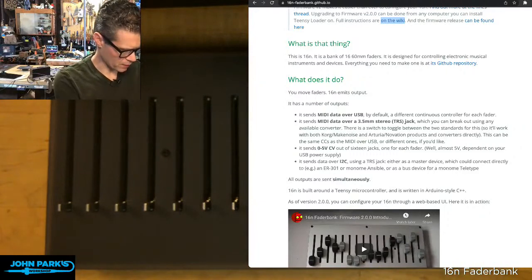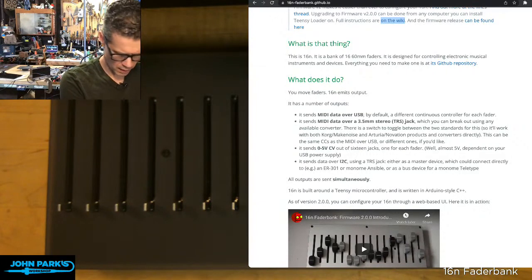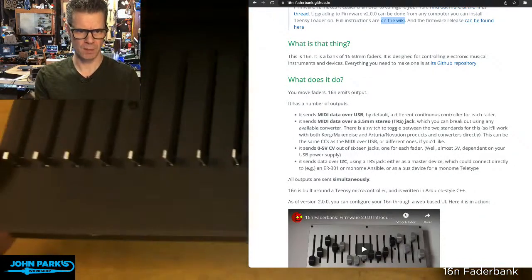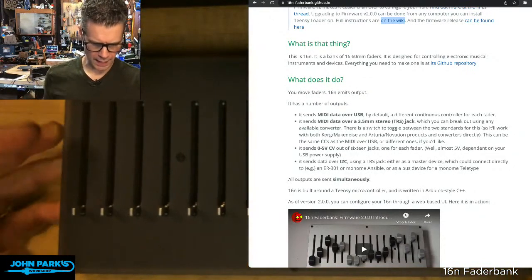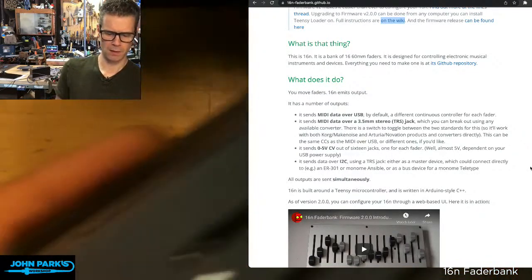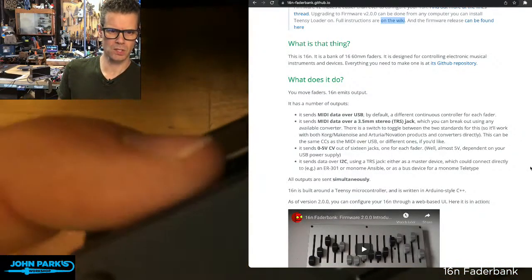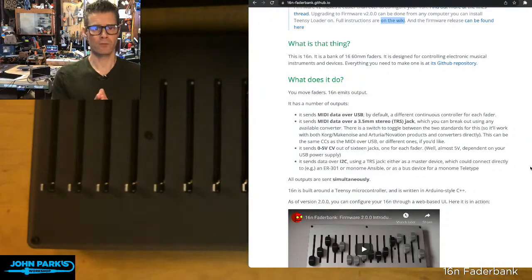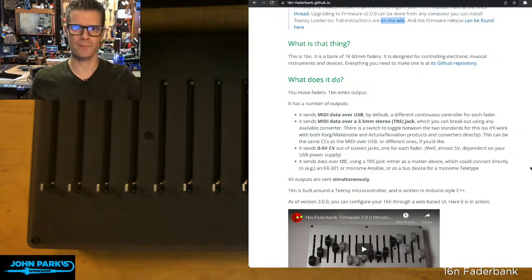And you can get different cases for it. I just laser cut sort of a sandwiched case type of thing here. And the USB, there's a little Teensy you can see there. So USB MIDI is possible over it. Of course, you could adjust the code. It's in Arduino. You could adjust the code and send out USB HID if you wanted to, or other types